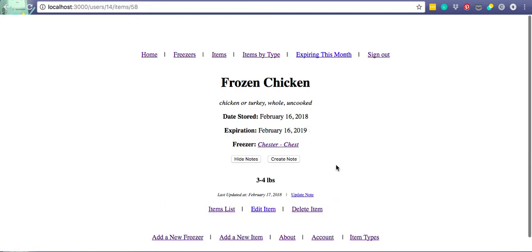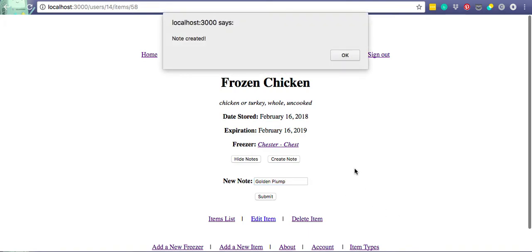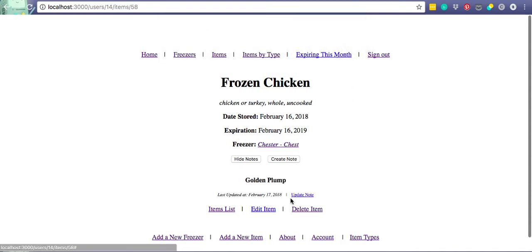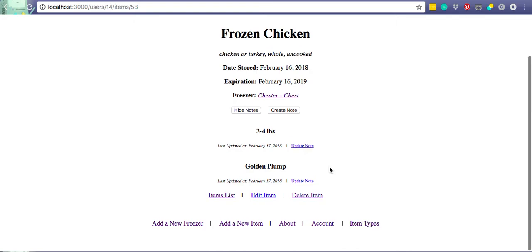And we can click show notes, and there's our note, create note. We can say it's a golden plump chicken. Perfect. Submit. Note created. Great. Golden plump. There we go. And we have our 2 notes right there. So that is the basic functionality of